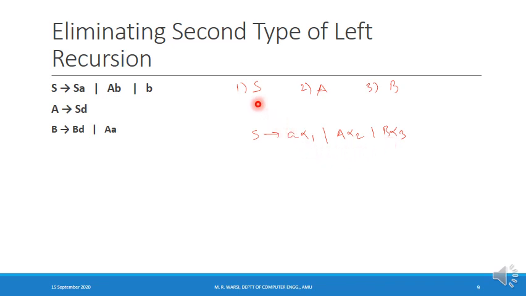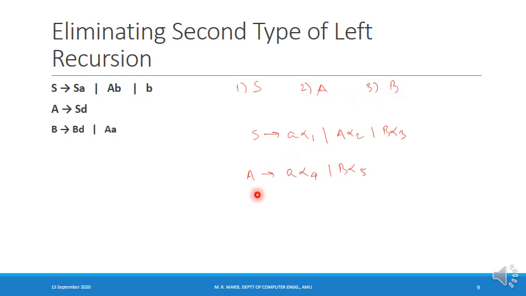Having processed the productions of the variable capital S, then I'll pick up the variable capital A and do the processing, and after processing productions of the variable capital A, their right hand side can either begin from terminal symbol or it can begin from the variable capital B. So when I process the productions of the variable capital A, it can either begin from the terminal symbol or from the variable which is later in the order, which is capital B. But it cannot begin from capital S because it is earlier in the order, earlier than capital A. So when I modify the productions of the variable capital A, I will ensure that their right hand side either begins from terminal symbol or from the variable which is later than capital A in the order, that is capital B in this case.